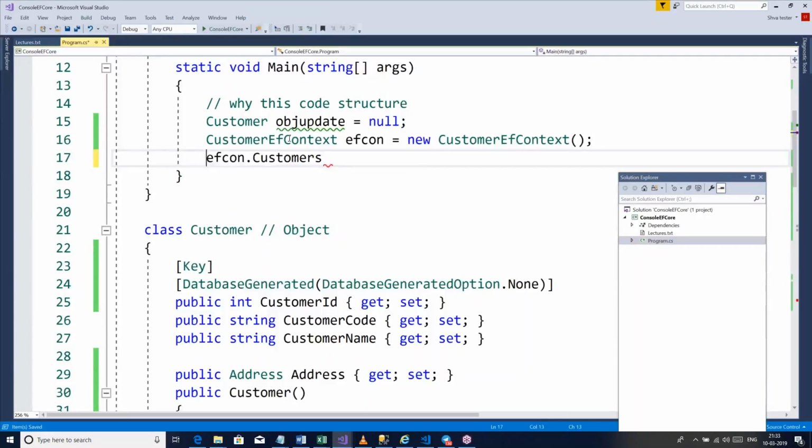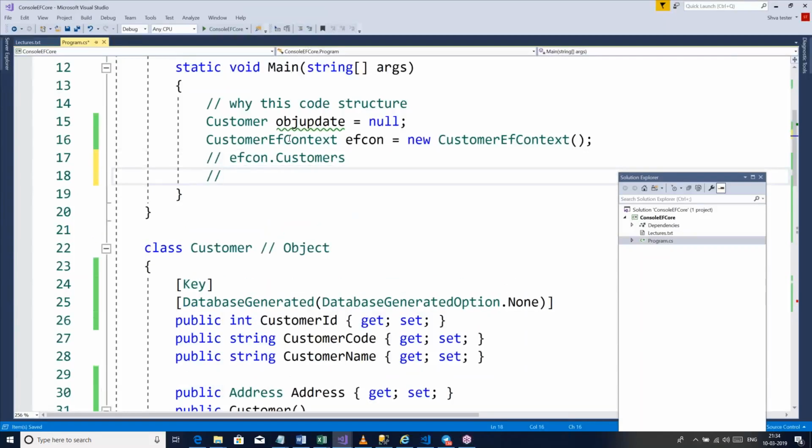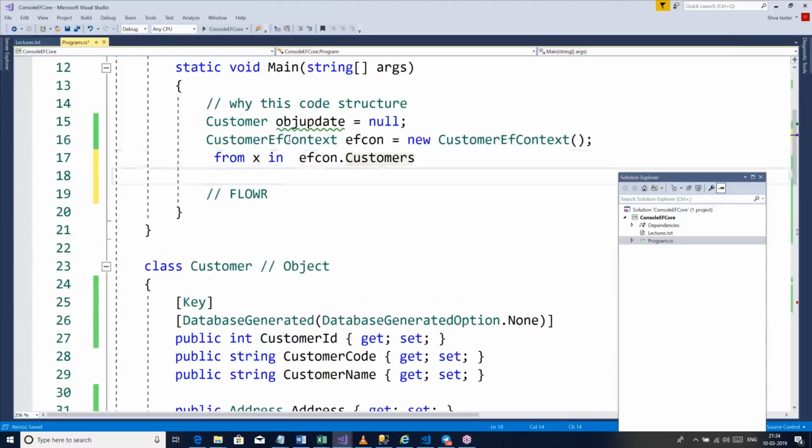So the LINQ query is written in this format, the normal FLOW format. If you see your SQL, etc., they all follow the FLOW syntax. The FLOW syntax means it starts first with a from. So I will say from X in this customers collection. Then it has a let; we don't have a let now. Then it has an O, which is an order by; at this moment we also don't want the order by. Then we have W, the where. So we'll say where, let's say X dot